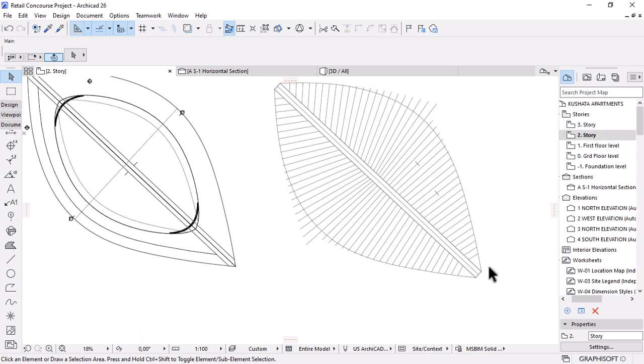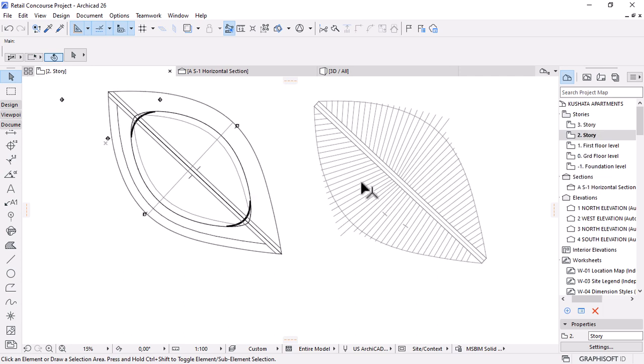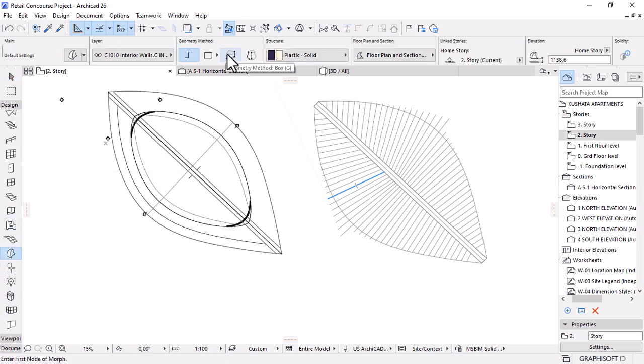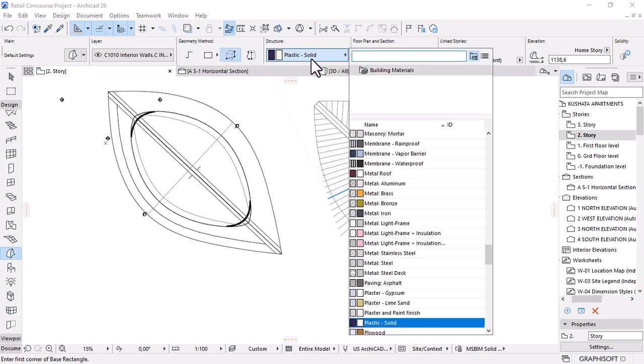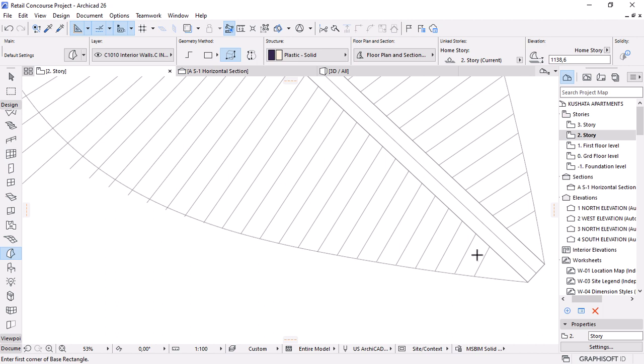So what to do now is to make this as morph planes. So go to design and pick morph. Make sure you use the box construction geometry method, and then whatever material you choose is not a problem. And then you're going to do that and skipping the,